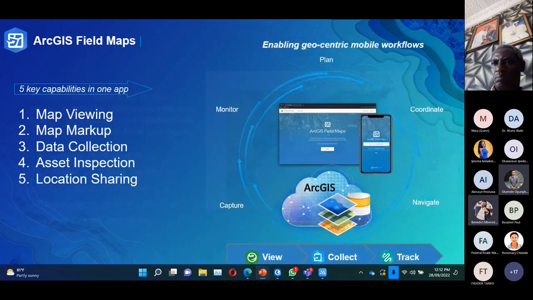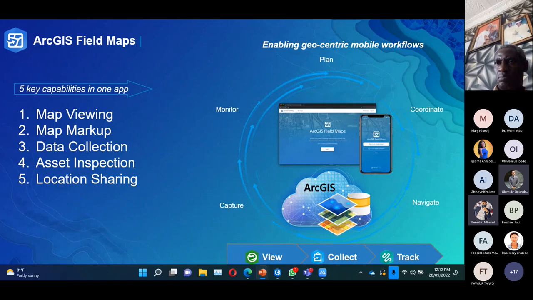So I want to go into looking at the 5 key capabilities. First, you'll be able to view your map on the application. You could also create a markup where you could indicate to the GIS analysts or the different stakeholders some other points that are not required for the data collection. And it also helps in